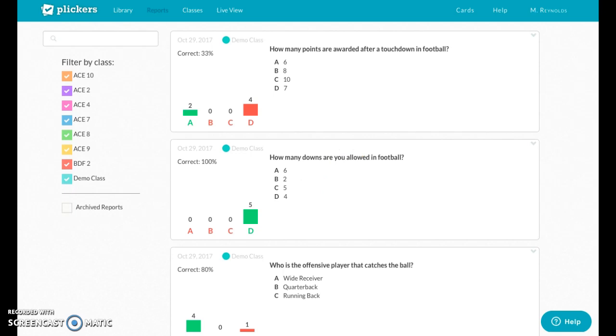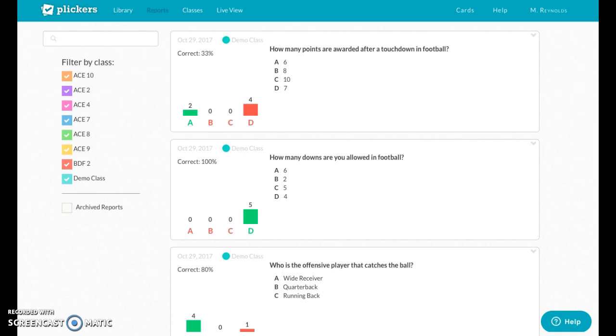I really enjoyed Plickers. I feel like it's an awesome tool to use for cognitive assessment to see where your students are at. And then also to use it for quizzes if you want to during your classes. I think that it can be used for that also. I just know I really enjoyed it. I know my students really enjoyed it, and I'm going to continue using it throughout the rest of the school year